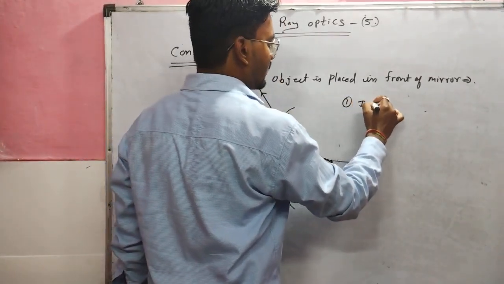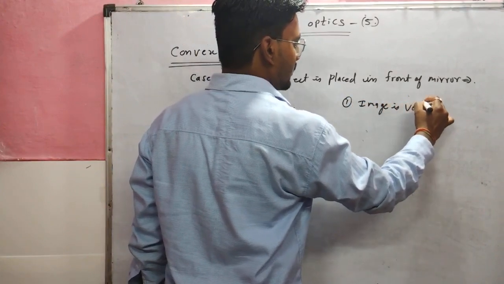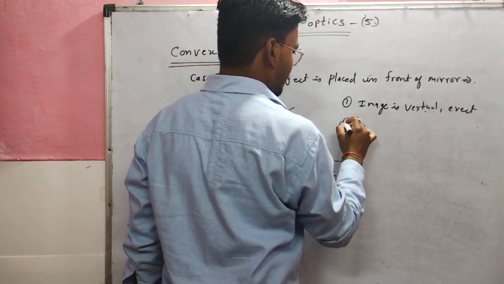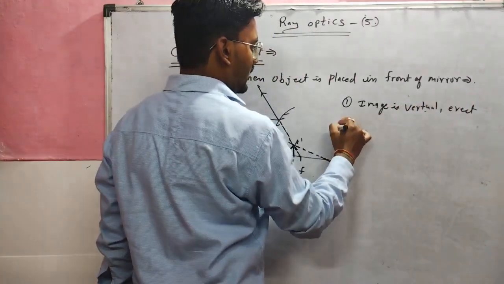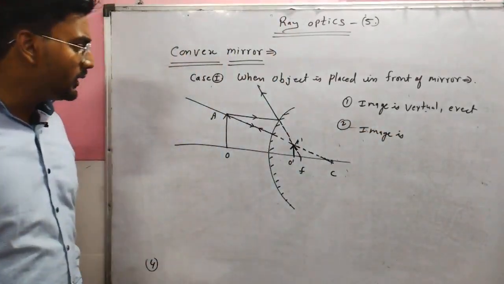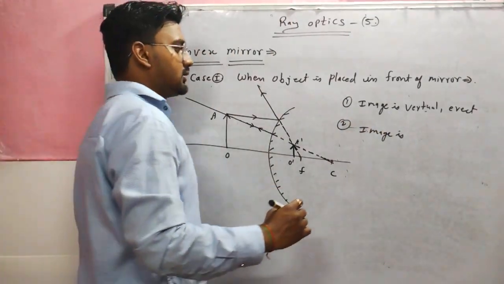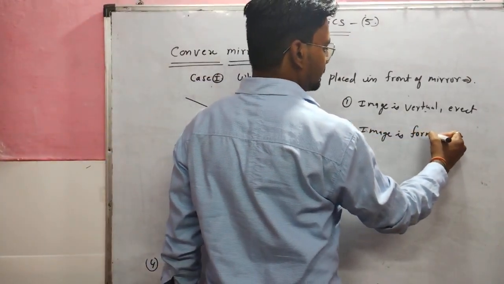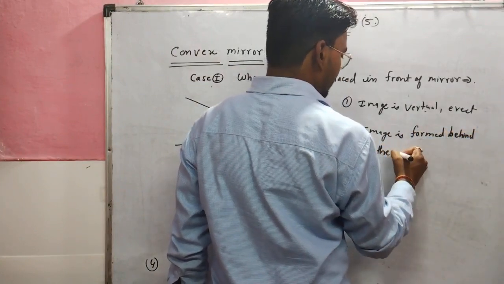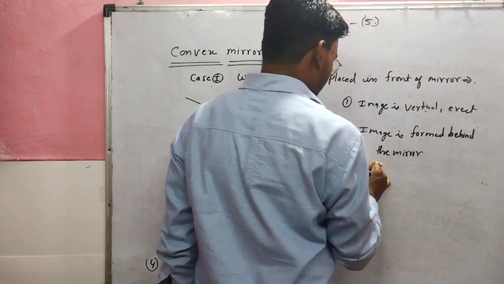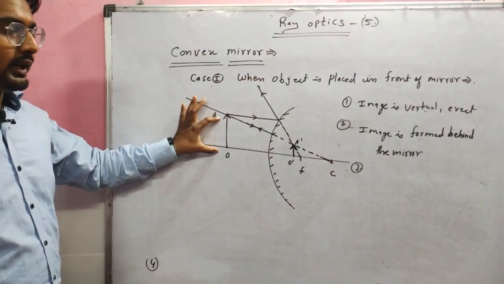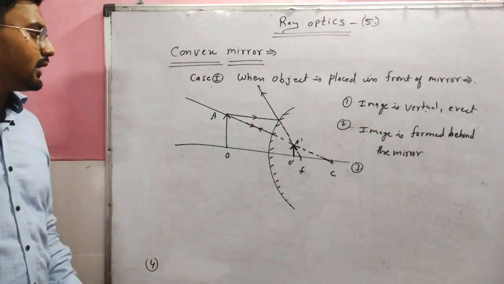So the image is virtual and erect. The second point is the image is formed behind the mirror. Okay. And the third point is that here OA is the object and O'A' is the image, and